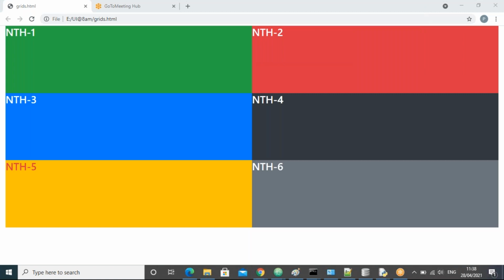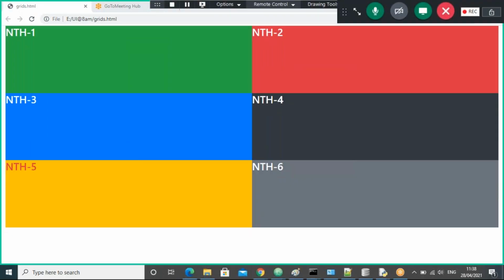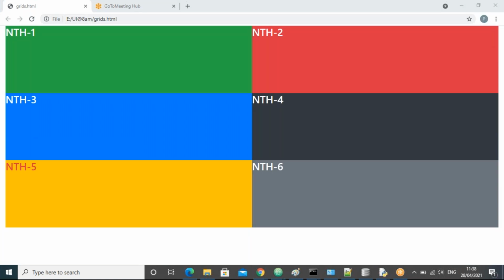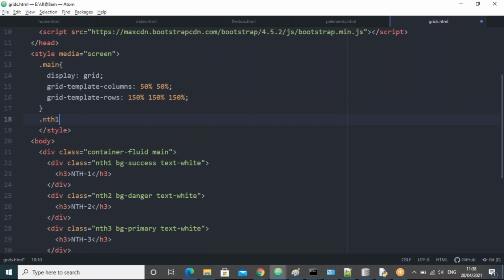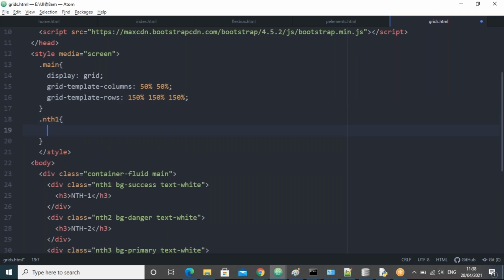So I can take the NTH1 using the line numbers, the column number. I want to take from 1. Currently, it is from 1 to 2, right, guys? But I want to take up to 3 here, up to this ending. So I'll take up to 3 here. Now let's go there. I'm going to take the NTH1 data now. I'll take grid column, all of you observe, grid column, guys.